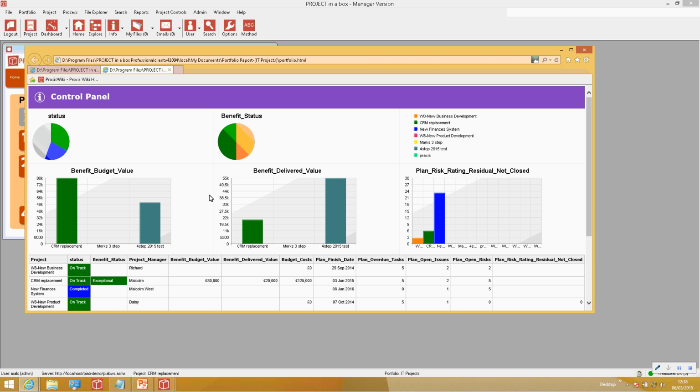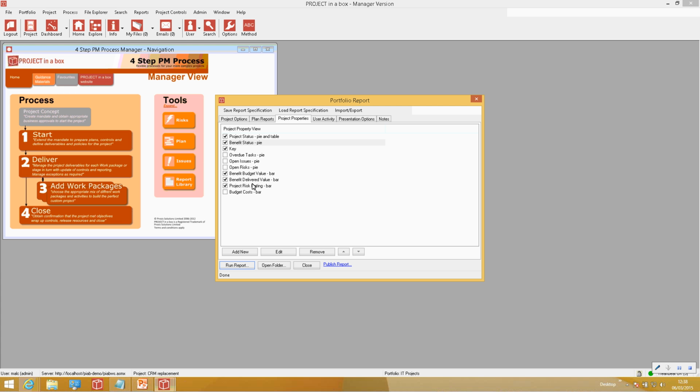So the idea of this pre-saved control panel report is it's got these sets of charts preset running off this table of data, and you can choose which ones you want to put in. If you want to choose the order they appear, as I say, you just move them around in here, and it will move them around in that display 1, 2, 3, 4, 5, 6 across and down that grid. Of course, you can add extra ones if you want to, very easily, just by adding a new item and then setting it up in here,